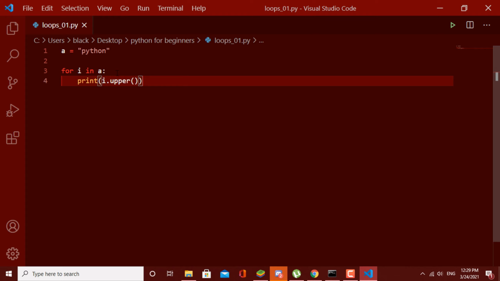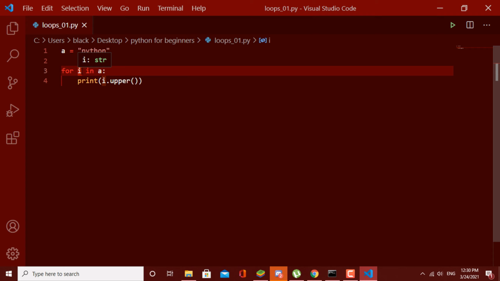Now let's say we want to print these characters with their indexes. Indexes means the position where these characters are included in this string. For P it is 0, Y it is 1, for T it is 2, likewise it is changing throughout this string. To do that, we will need two variables here.